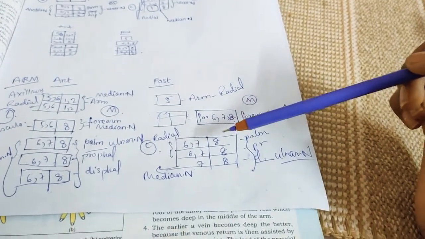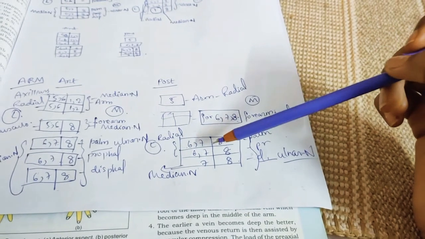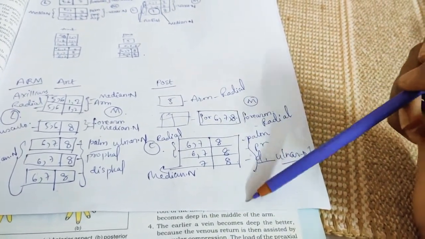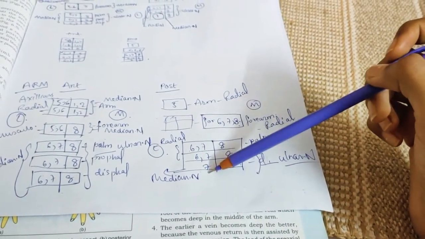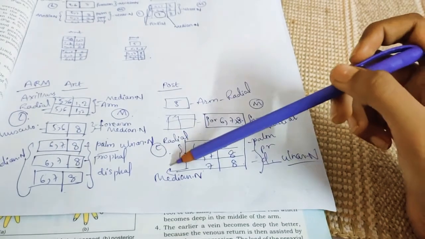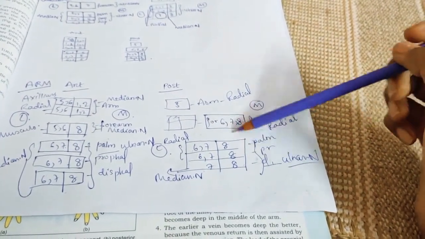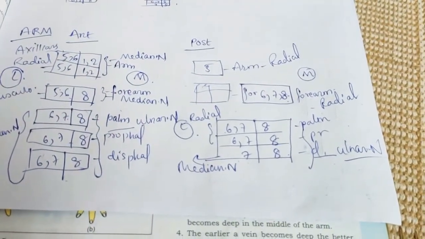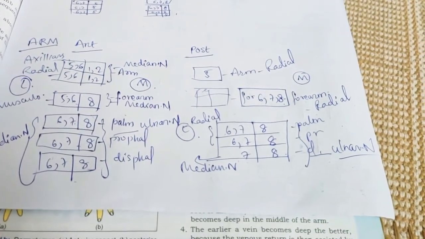On the dorsum of the hand, mainly the radial nerve supplies the lateral side, right, but the medial side is supplied by the ulnar nerve only, on the palm, phalanges, everything. But only in the distal phalanx that is changing. In the distal phalanx of the lateral side, the median nerve supplies the last part and the ulnar nerve is the same for everything. So like this, by this diagram we can easily remember the dermatomes. So after this we'll start the superficial veins.